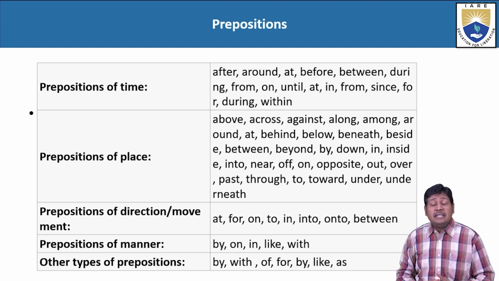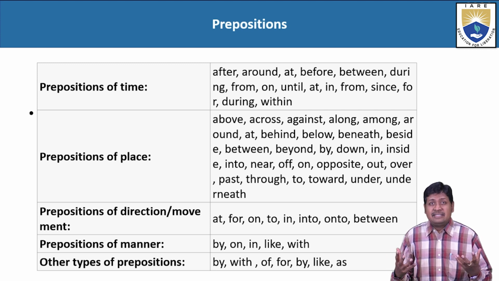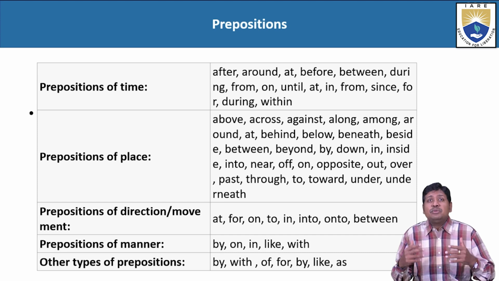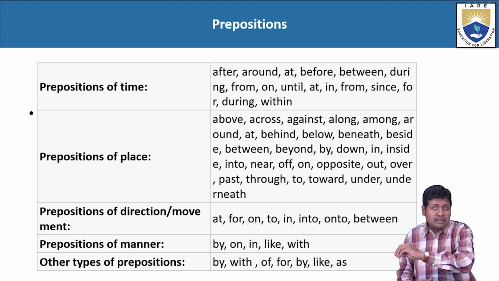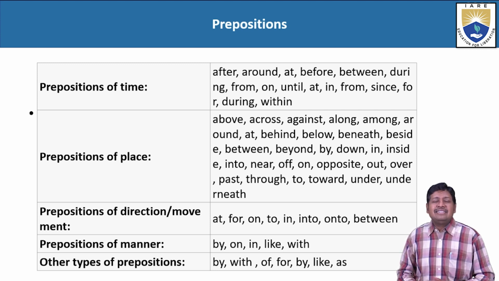Then among. Now, let me tell you a very interesting sentence or example here. The trio kept the secret among them. The duo kept the secret between them. What is the difference? For two persons, we use between. For more than two persons, we use among. So the trio is actually three persons. Therefore, I am saying the trio kept the secret among them. And for two persons, the duo kept the secret between them. All right. And around, okay,